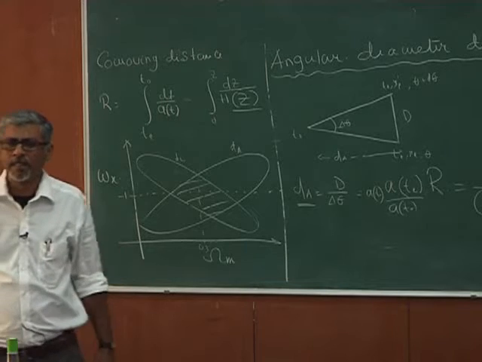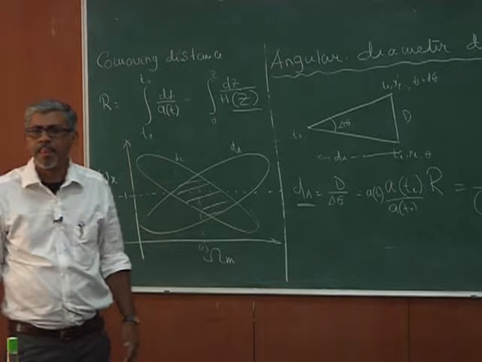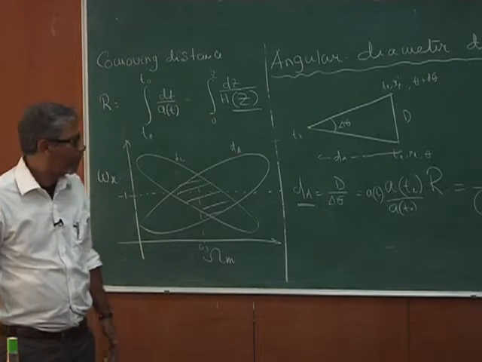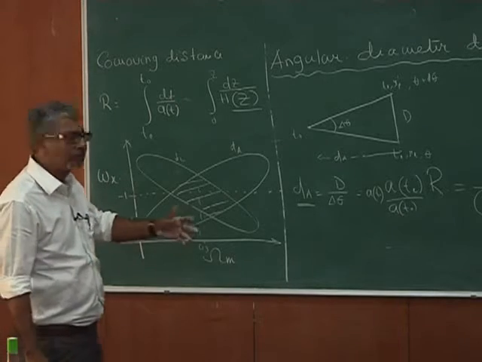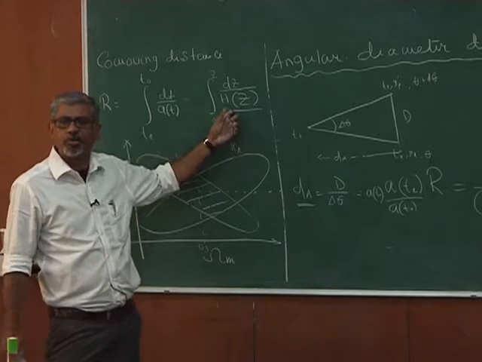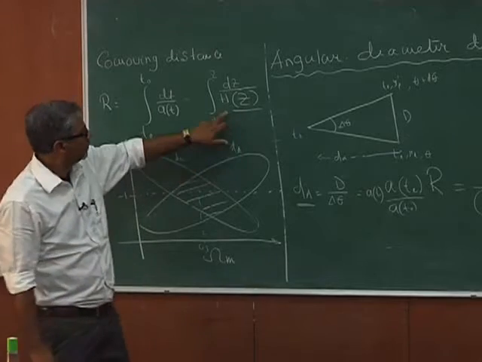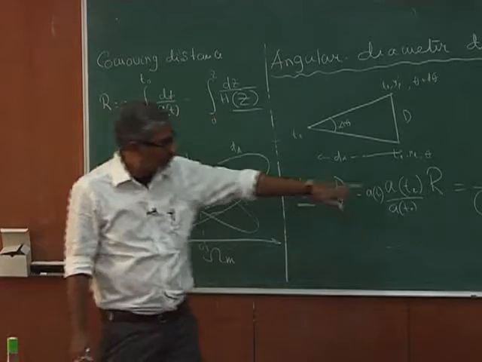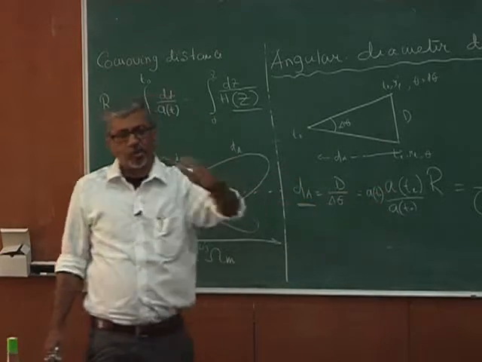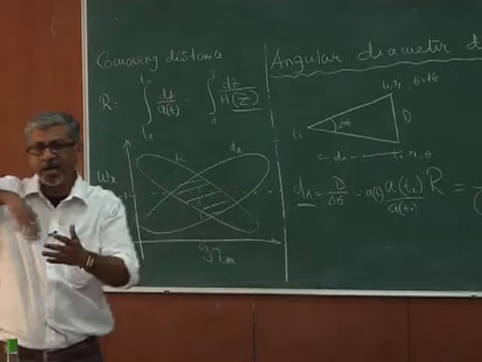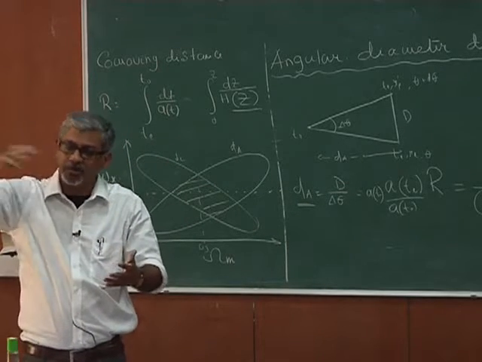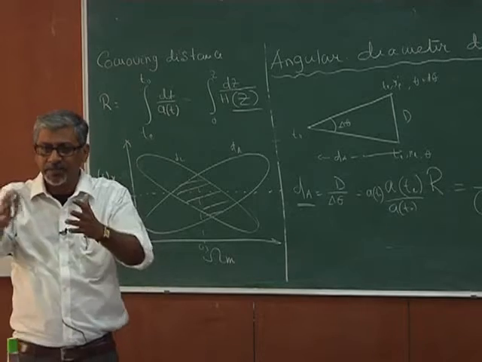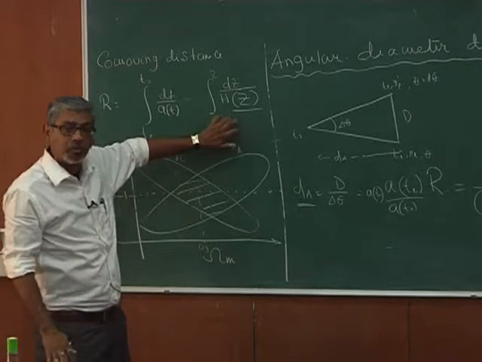If you go to higher redshifts, angular diameter distance increases for some time and then it starts decreasing with redshift. No, but that depends upon which cosmology you take. This is not always the case. This is a function of z, and it is also divided by 1 plus z. So it is not always that you have this; you may have a monotonic behavior, or you may not have a monotonic behavior. I believe that depends upon what cosmology you take.